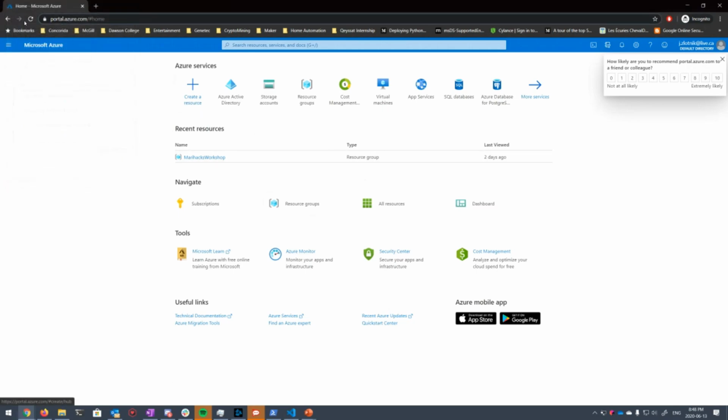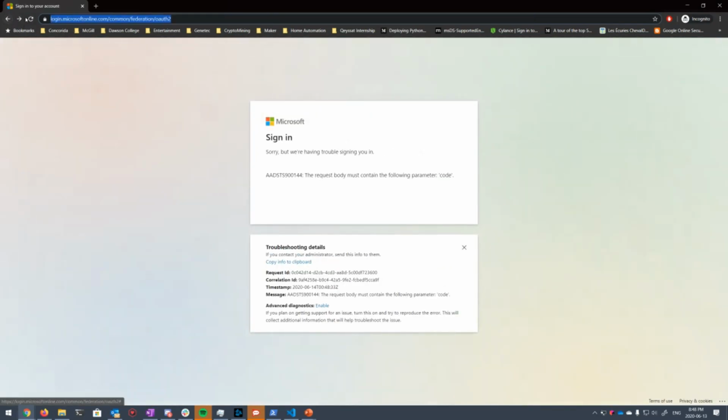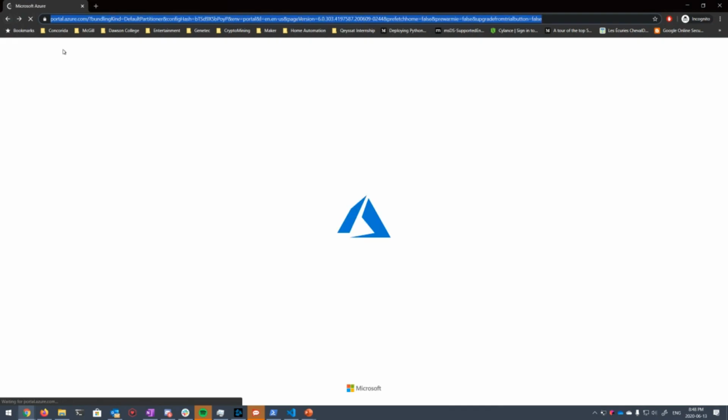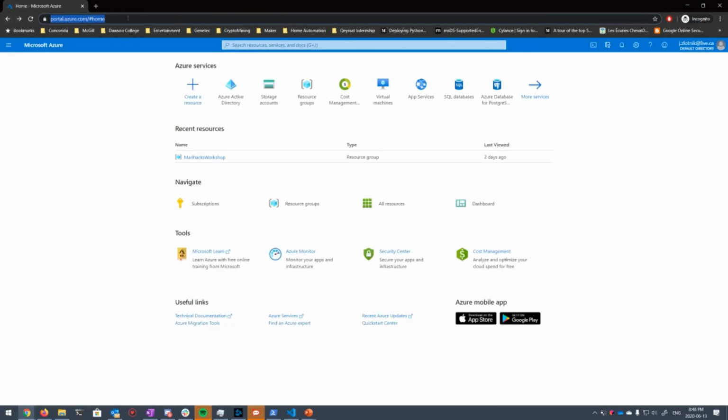So what happened right there was, if I go back, see that whole process of a whole bunch of different addresses being shot through my browser. What was happening is when Microsoft sent a request to GitHub, GitHub said, okay, we'll authenticate this person. Just make sure you tell us where to send the user back to once we've authenticated him, and also tell us what you want from us, right? So Microsoft will be like, okay, GitHub, listen, once you authenticate this user, make sure to send him to portal.azure.com and also send us a token that you've signed with your private key